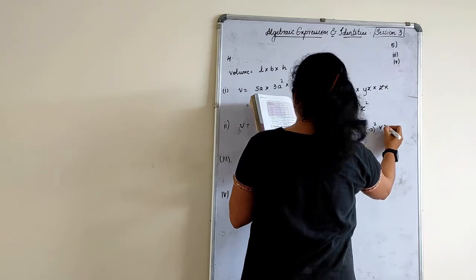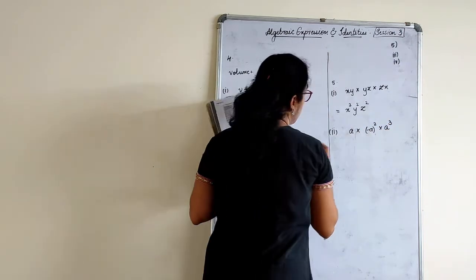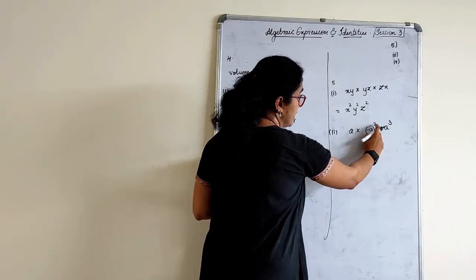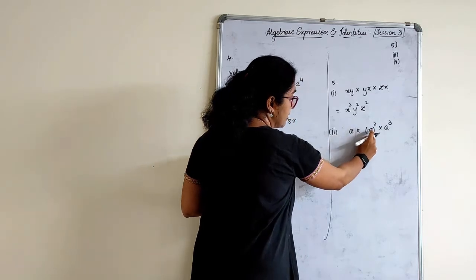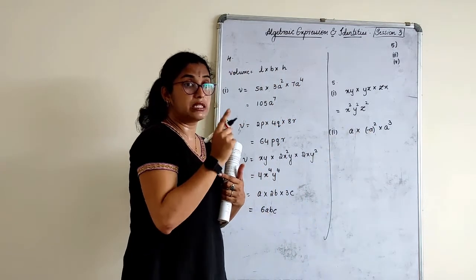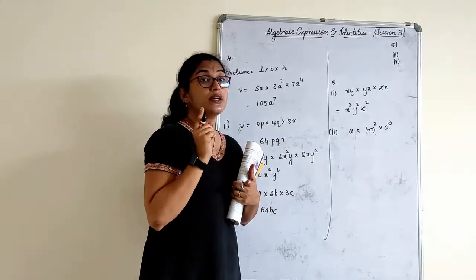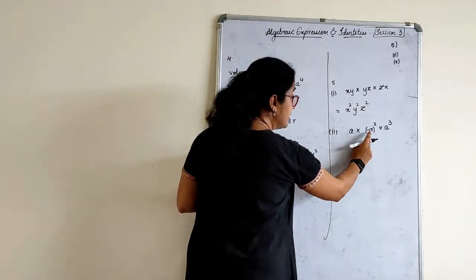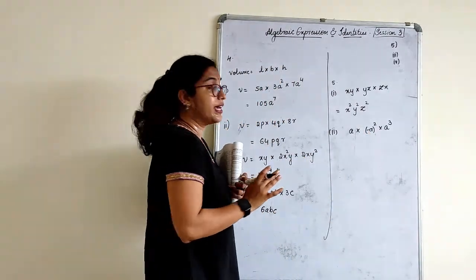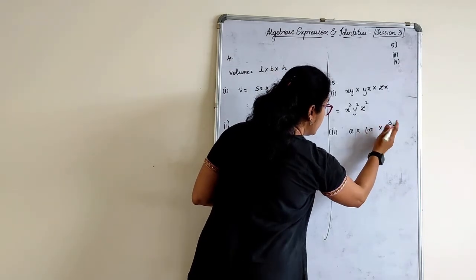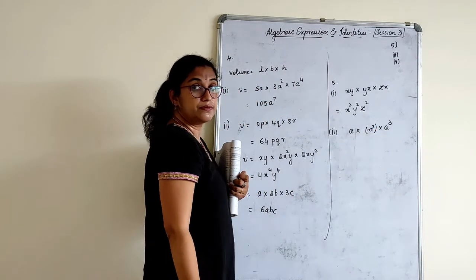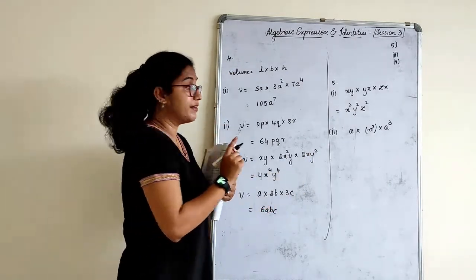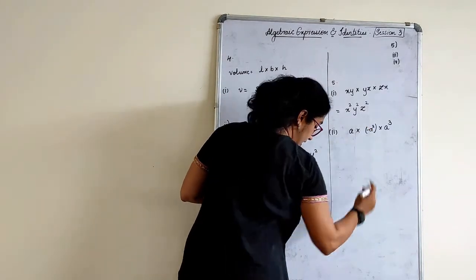Second one, a into minus a square into a cube. Now here you see what will happen. A how many times? 3, 4, 5, 6 times. This is minus a whole square? A negative number raised to an even power would give plus. But in this case, it is minus a square, not minus whole raised to square. So we will take only whatever they have given as it is.